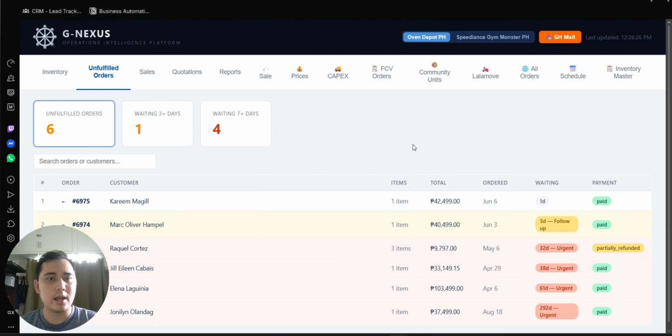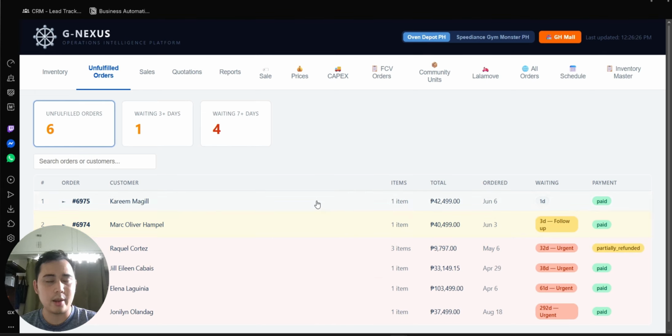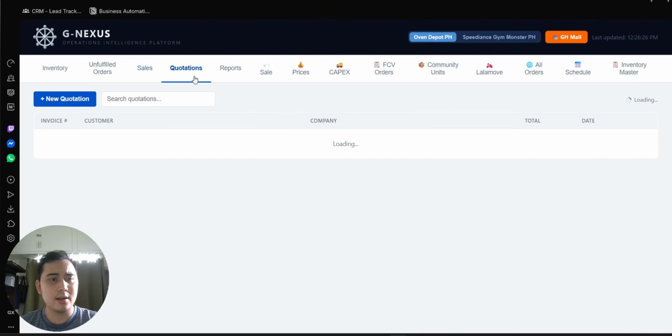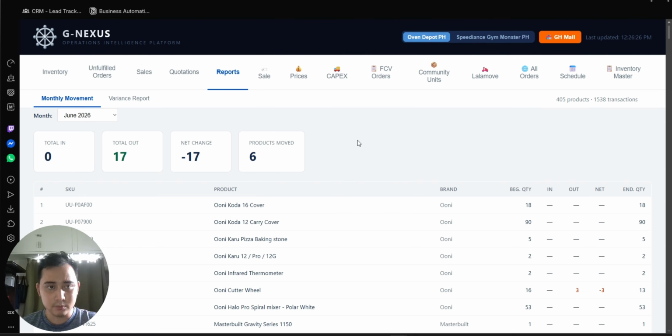I also have a tab that shows all the orders inside Shopify. I also have a dashboard for how much sales we have for Shopify, and we also have quotations for business clients that require them.